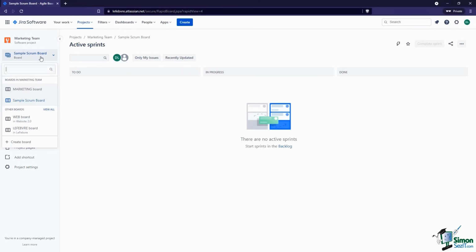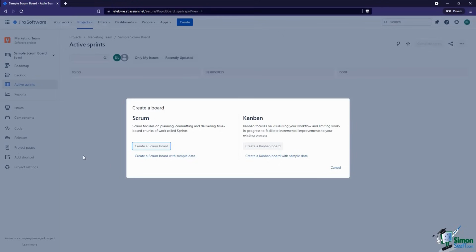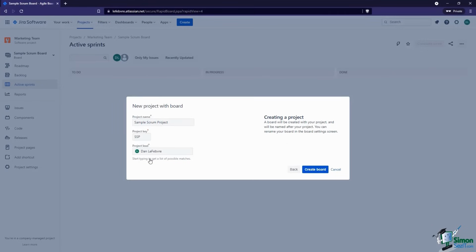So to do this, I'm going to come back to create board. And instead of just creating the board, I'm going to create the board with some sample data. Now, there is something to keep in mind here. When we do this, it's going to create a new project, right? We're not creating it from an existing project or an existing filter. We're creating a whole new project that's going to create that, put some issues in that project, and then also